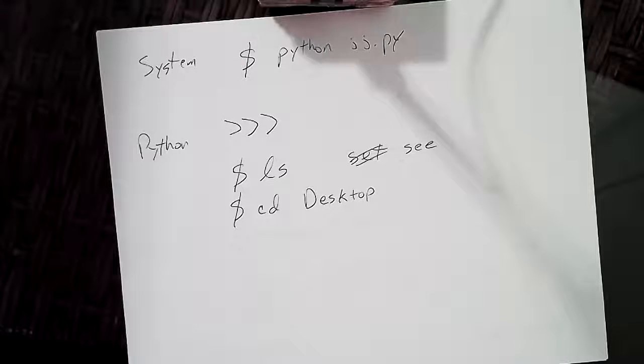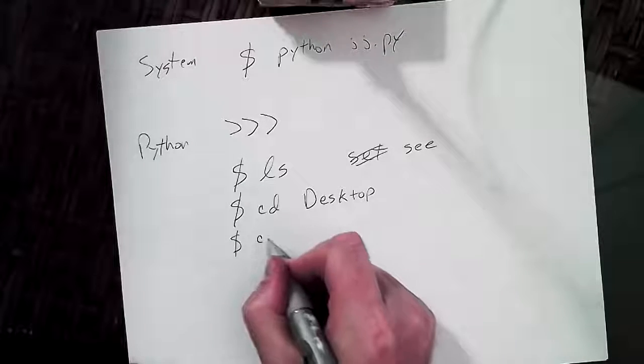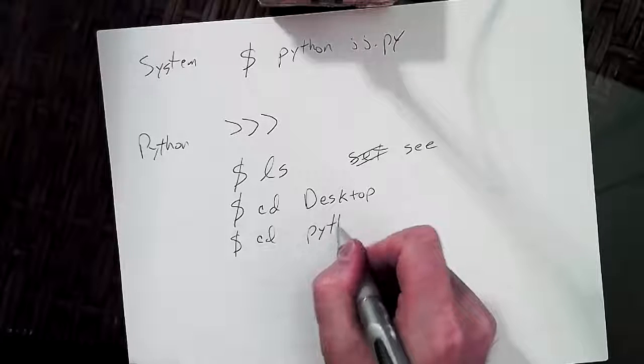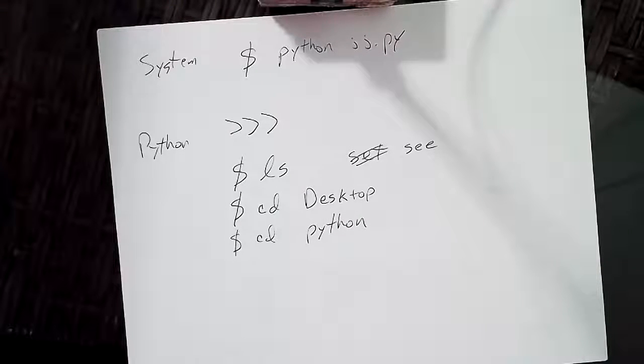Right. And now you see the Python folder, and so to get into the Python folder, same thing, you have to do cd space Python. cd, change directory, space Python. So why Python there? It's a different Python. Yeah, we can name it something different. It's just a folder called Python. Yeah. Okay. So these are just the basic concepts, and once you get past it, it won't seem like that big a deal. Okay, so we changed directory to the Python directory.